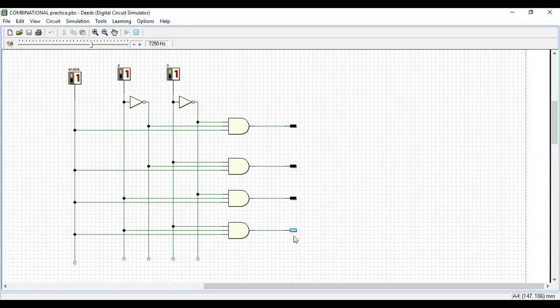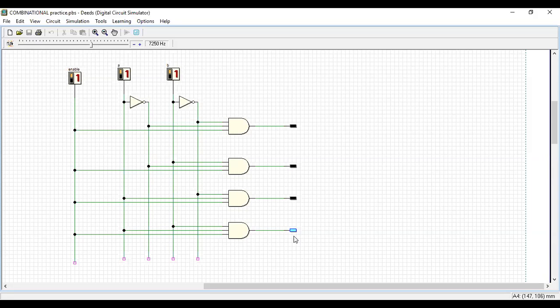We designed the decoder circuit. Why do we use the power switch? We know that a 2 to 4 decoder is available as an IC. What is the IC name? IC 74139. It is given by default with an enable pin.